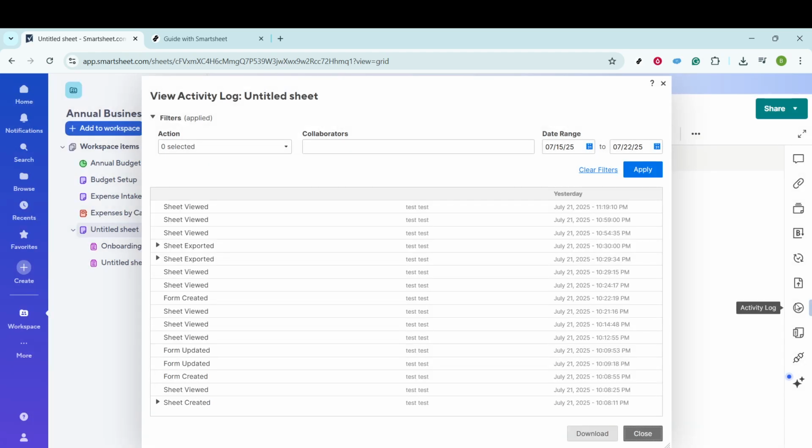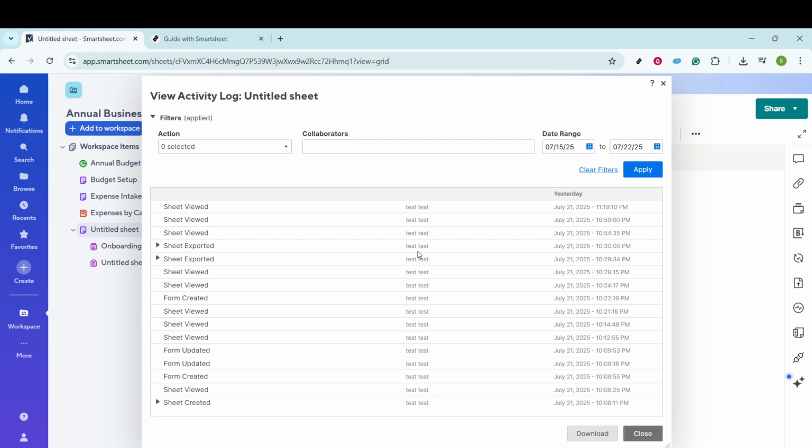Once you have the activity log open, you'll immediately see detailed information about the modifications. The activity log provides clear visibility into who made changes to the sheet. Knowing the individual responsible for a specific update is crucial for accountability and communication purposes within any project team. Moreover, the activity log shows exactly what was changed. This can range from simple data updates to more complex adjustments like adding new columns or rows. Understanding what changes were made is essential in maintaining data integrity and ensuring that any significant modifications are approved by